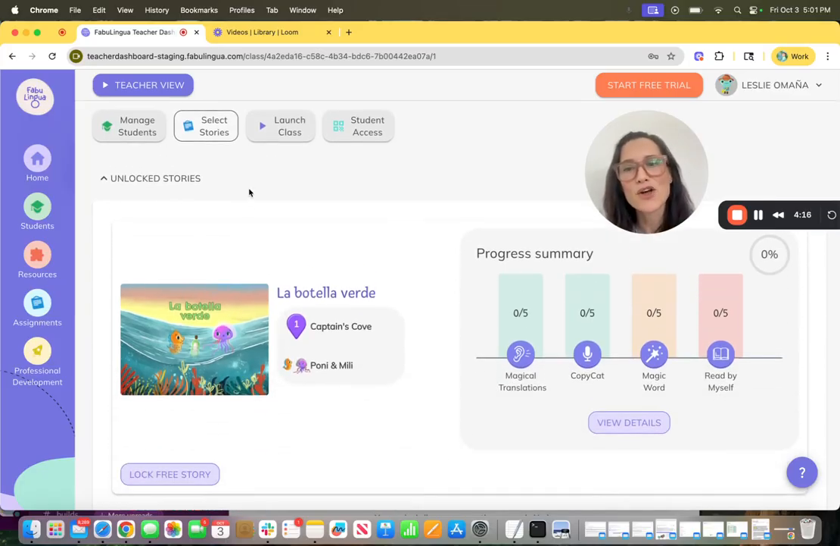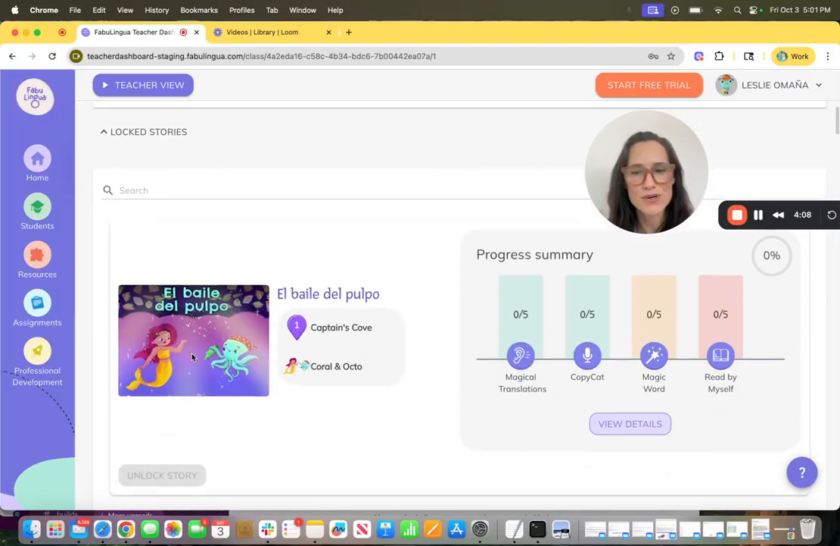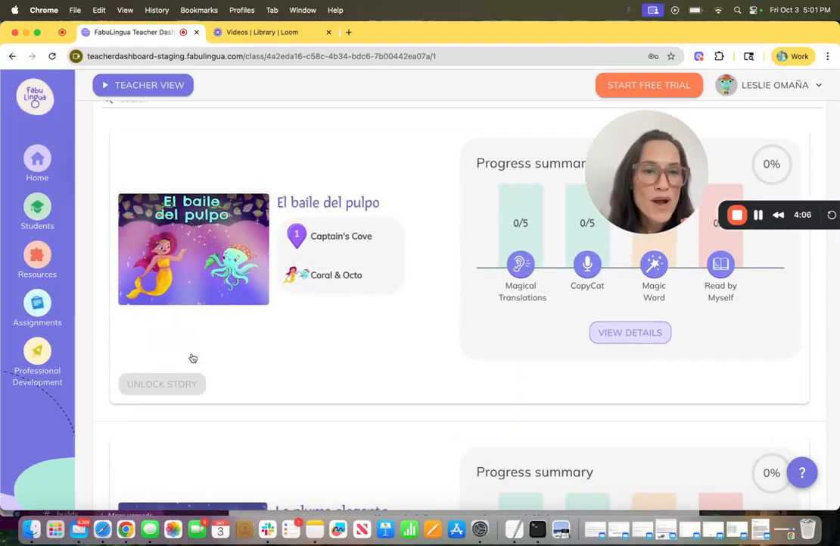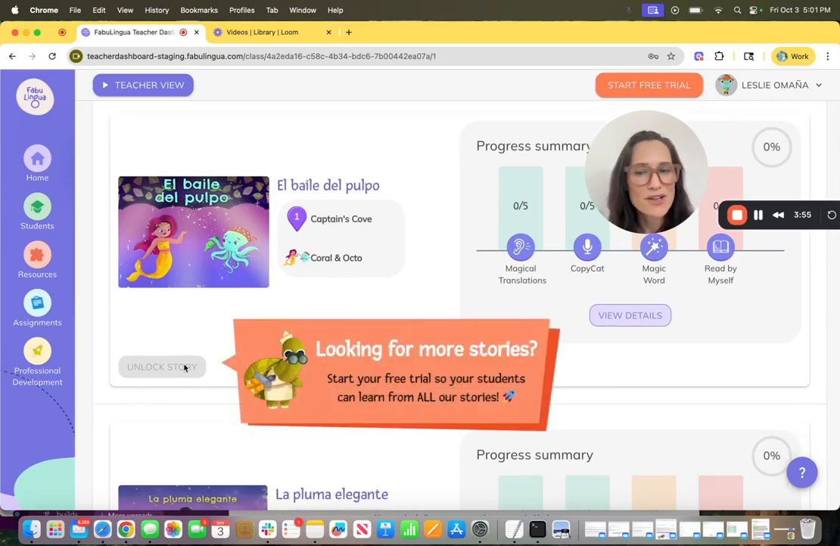So at the top, you've got the unlocked stories. Right now, the unlocked story is your free story. And below that, you have the list of locked stories. Now, when you have subscribed, all these buttons are purple. Right now, I have not subscribed, so they are grayed out. They're not available. But when you've subscribed, they're all purple and you can just click on them and you can